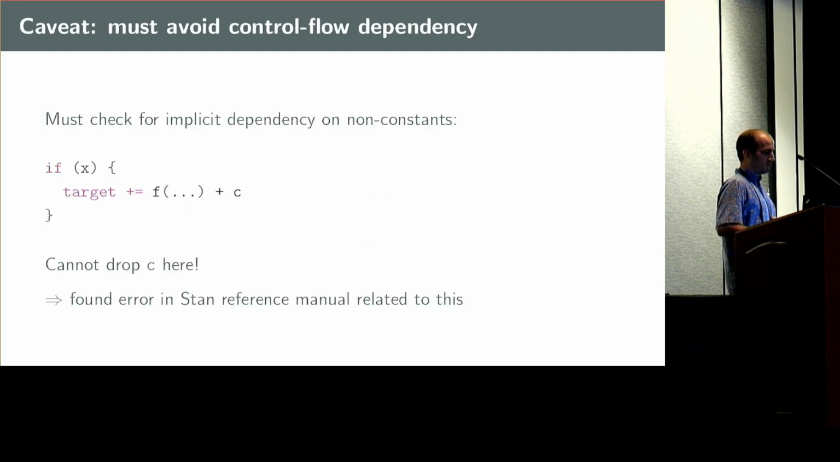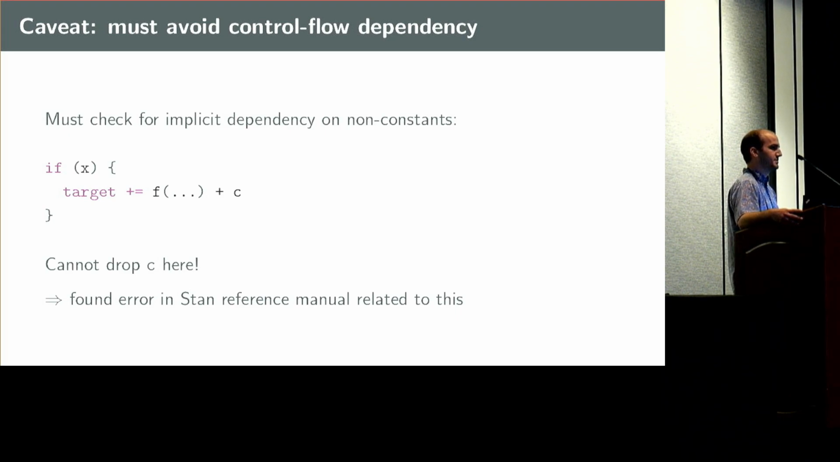Now, I would be remiss not to mention one caveat here, which is that you need to check that the target statement you're executing does not have some implicit dependency on a variable value. So if I have a control flow dependency on some quantity x, then even though c is a constant, whether we execute the statement may or may not be constant valued, so it's not safe to drop the constant c here. And it turns out that in trying to prove this and reasoning about this issue, we realized that there was an error in the Stan language reference manual where they basically implied that it's always semantically preserving to drop